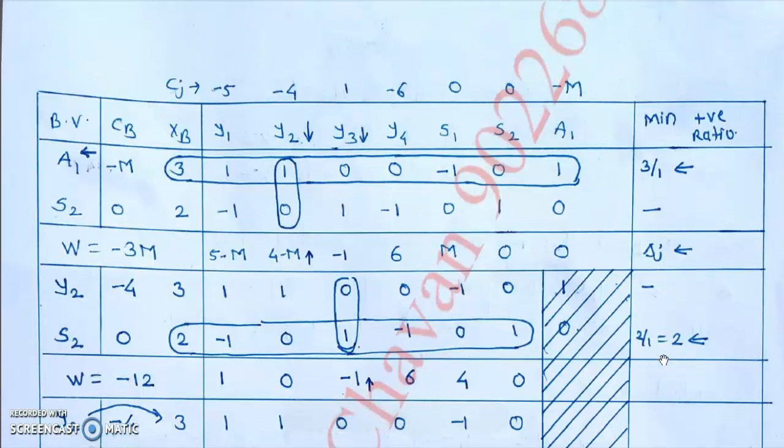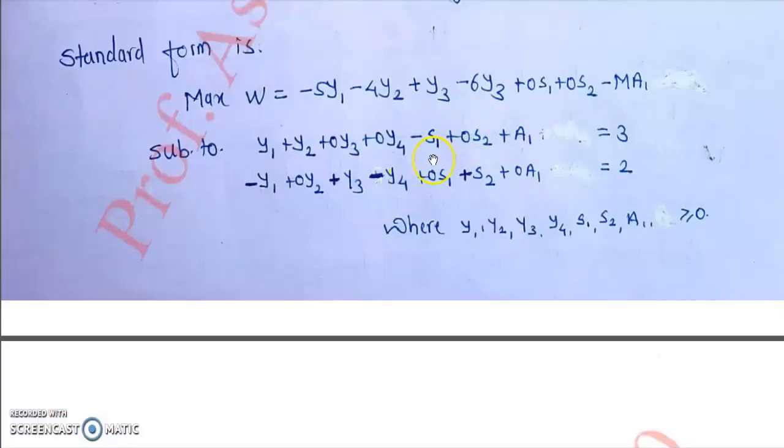Now we have the primary table from the big M method. Just like the previous example, we have the first column of basic variables. One thing to note here: the first constraint contains S1 as the surplus variable as well as A1 as the artificial variable. So we have to start the calculation with variables from the first constraint, that is S1 and A1. We give priority to the artificial variable, so we start with A1. Whereas the second constraint contains only S2, so we'll start with S2. So our starting variables are A1 and S2.